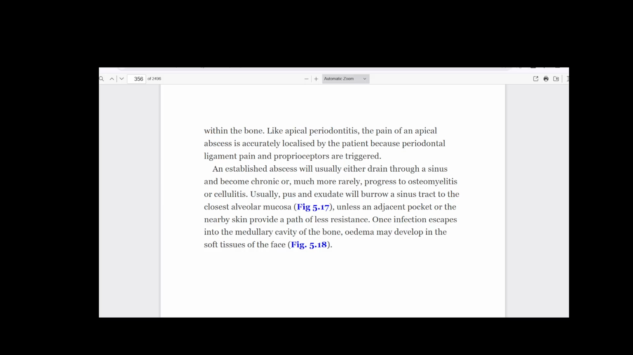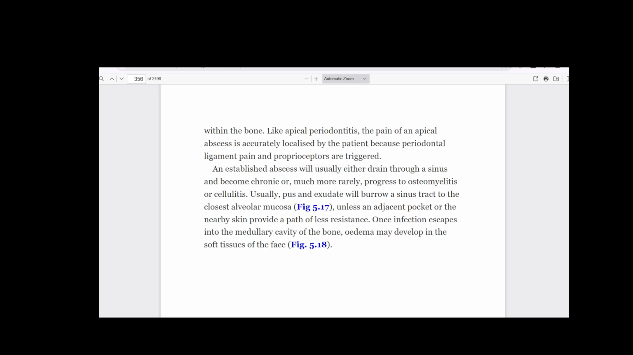An established abscess will usually either drain through a sinus and become chronic or, much more rarely, progress to osteomyelitis or cellulitis. Usually, pus and exudate will burrow a sinus tract to the closest alveolar mucosa, Fig 5.17, unless an adjacent pocket or the nearby skin provide a path of less resistance. Once infection escapes into the medullary cavity of the bone, edema may develop in the soft tissues of the face,